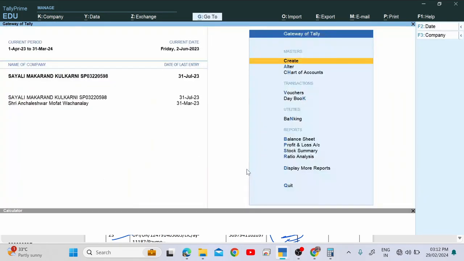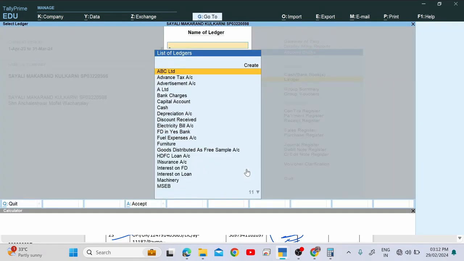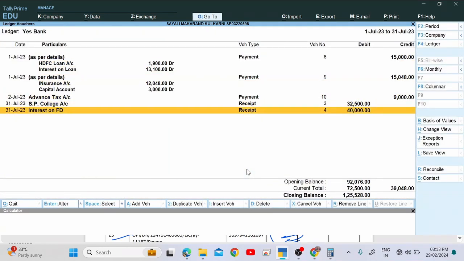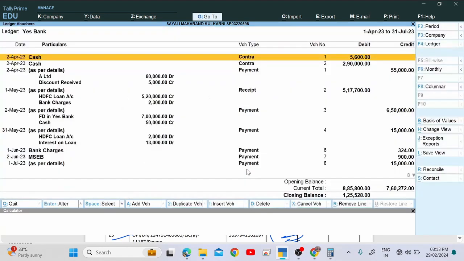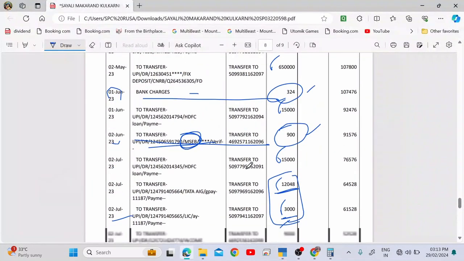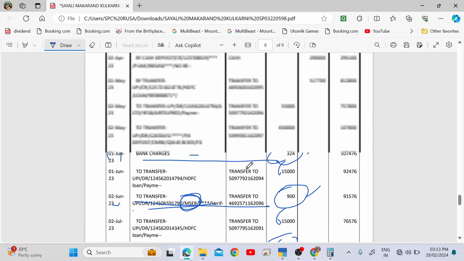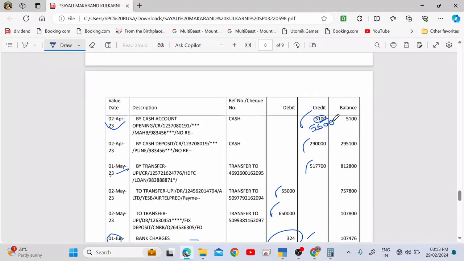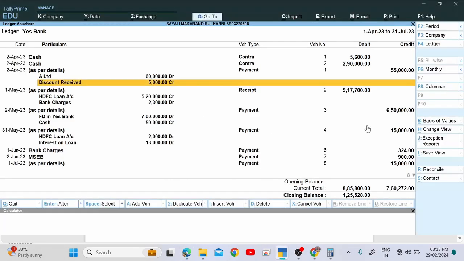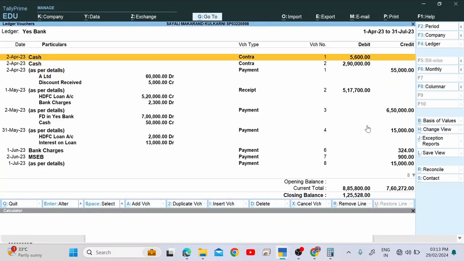Now all the things are over. Just check the bank balance, yours is Yes Bank, and the balance we are having is rupees 1,25,528. In the bank you will not get that because we have made a mistake here. You should find a 500 rupees difference between this balance and the Tally balance. Now what Tally is giving is 1,25,000. Why is this so? Because